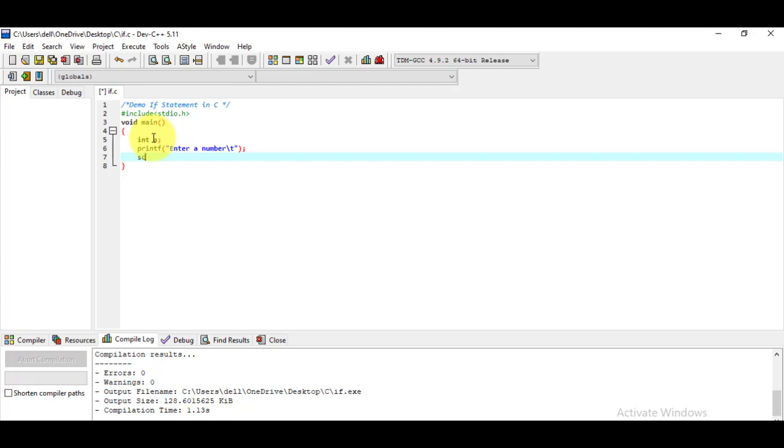Now I have to read the value into the variable a. For that I'm using the scanf function, and the format of the variable a is integer, so I put %d, then a comma, and then the address operator &, and the variable a, so I am using &a.